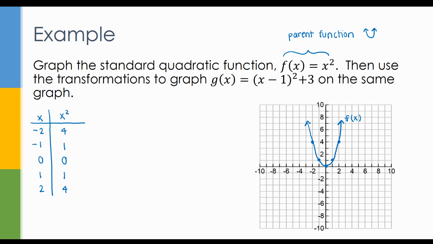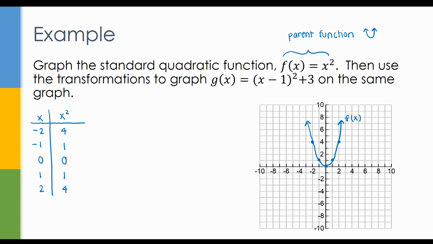happens with these transformations. Okay, right now, you could probably very easily do what we just did with the last two problems. You can see this g of x function has two different shifts involved. We can identify those shifts, and then from our original parent function, we can move those points. And I'll show you that. But then I'm also going to show you how you can finish it up with the table, because eventually we're going to be getting to things where there's going to be a lot of shifts involved, and creating a table of values might help you out and allow me to see your thought process as you're trying to do all